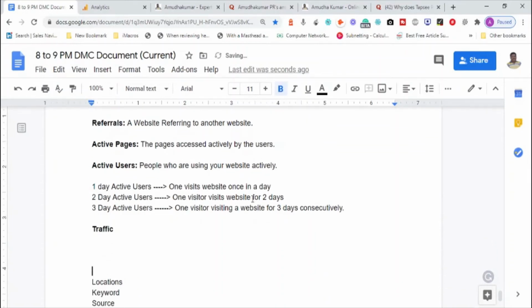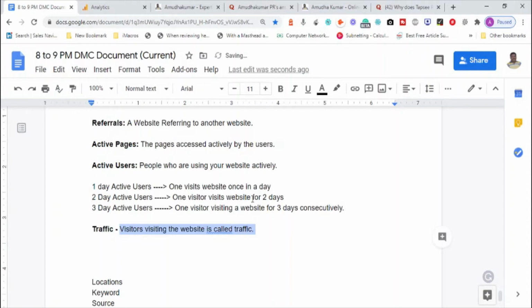Okay, and there is one more terminology called traffic. Traffic is nothing but visitors coming to a website. So these are technical terms. The literal meaning of traffic is like a heavy number of vehicles passing on the road.